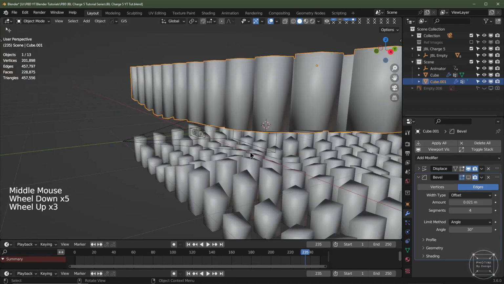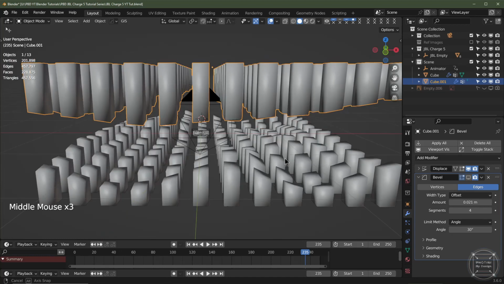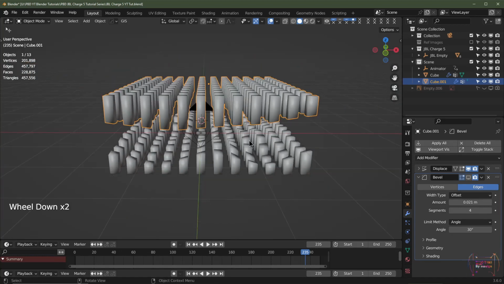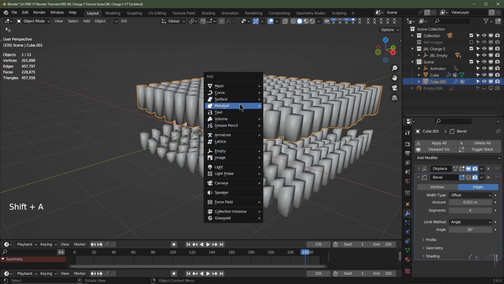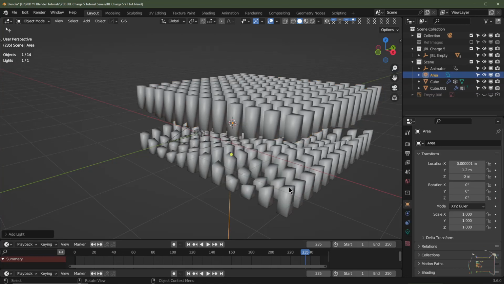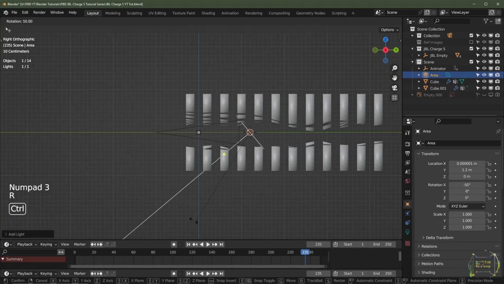We should probably tackle the lighting now. For the lighting, I'm just kind of making this up as we go along. I want complementary colours though. So for the backlight, I'm going to hit Shift A. We'll add maybe, let's say, an area light. Okay, we're going to side face view. I'm going to hit R, rotate,